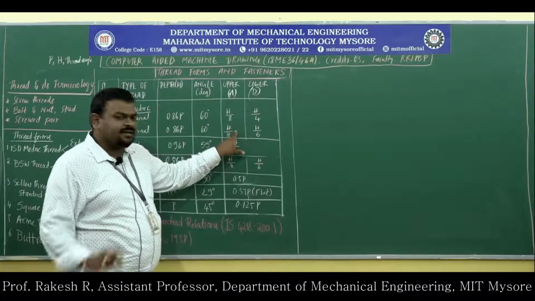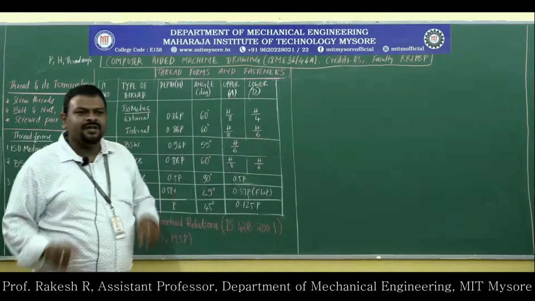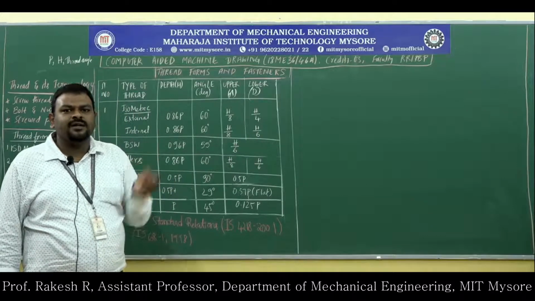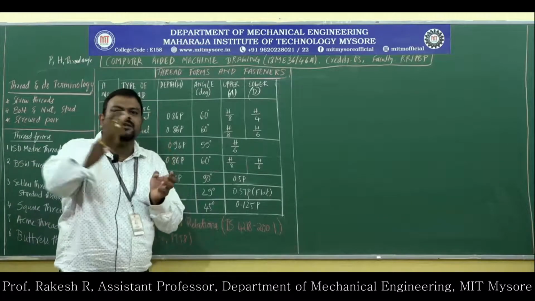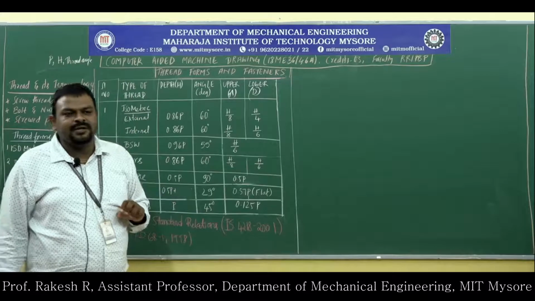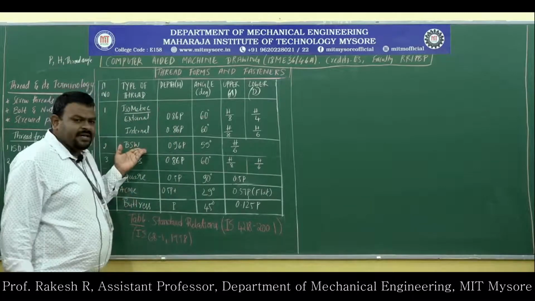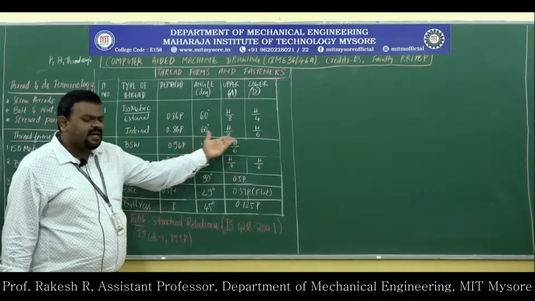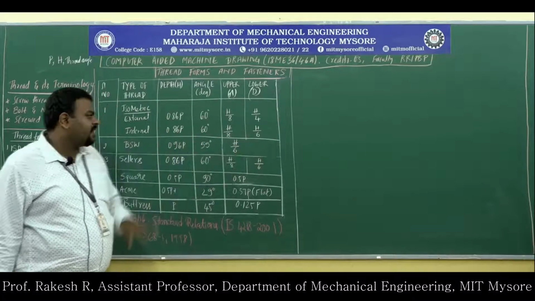H by 8 is a small value, and h by 6 is a bigger value. So the internal thread should be broader compared to the external thread, because the external thread will sit on the internal thread. That is very important. If they ask for BSW, 0.96p is the depth, the angle is 55 degrees, and h by 6 is the same for both upper and lower.